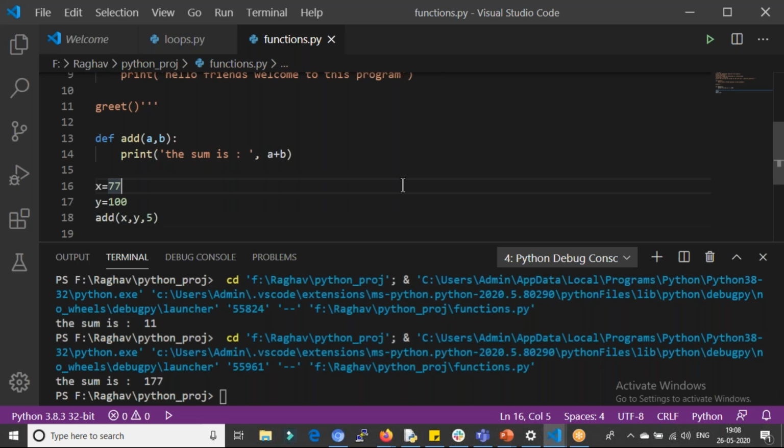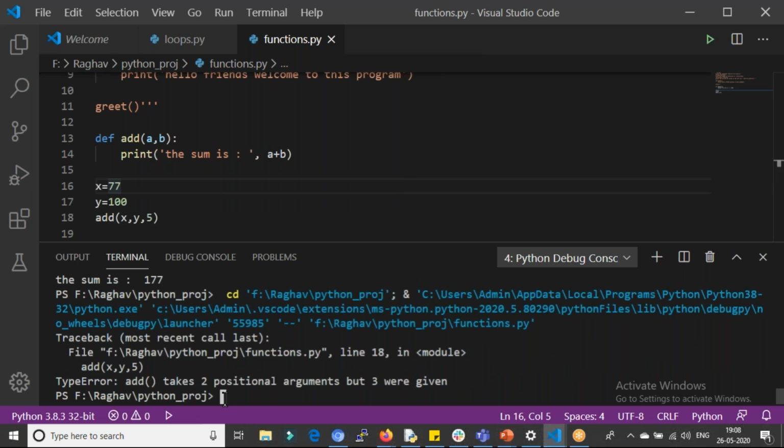Okay, let's take a look. Now if I run this, I'm getting an error. It says add takes only 2 positional arguments, but 3 were given. I assigned only 2 parameters when defining the function, but in the call to add I'm giving 3.